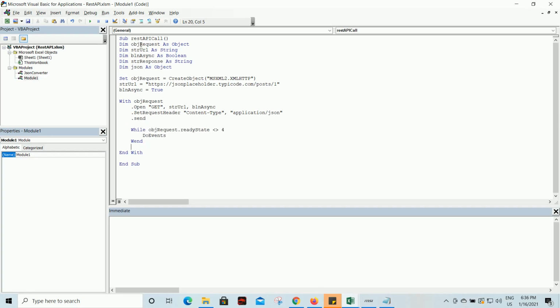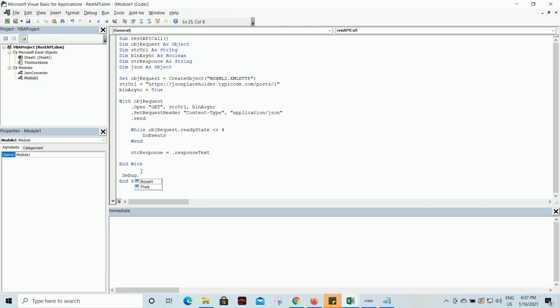Once we receive the response, we are going to assign the response to this variable strResponse, and the response will be returned to responseText. We have a method objRequest.responseText, so that's why we are using a dot, because we are still inside the With block.